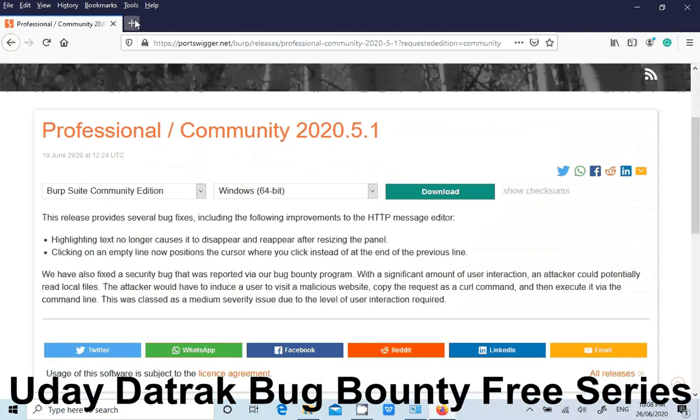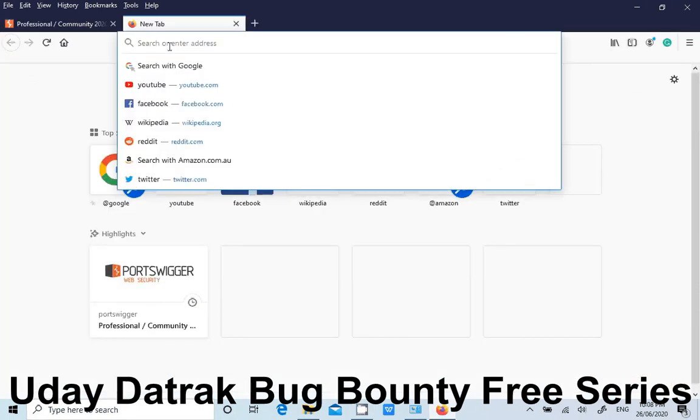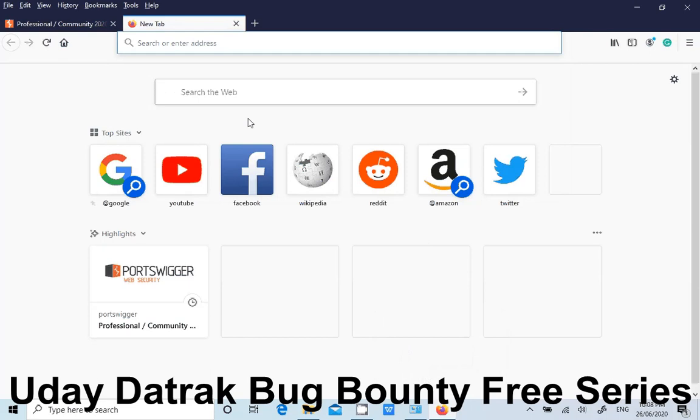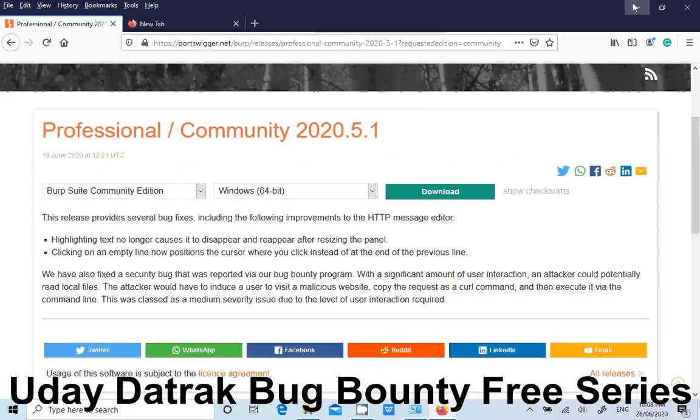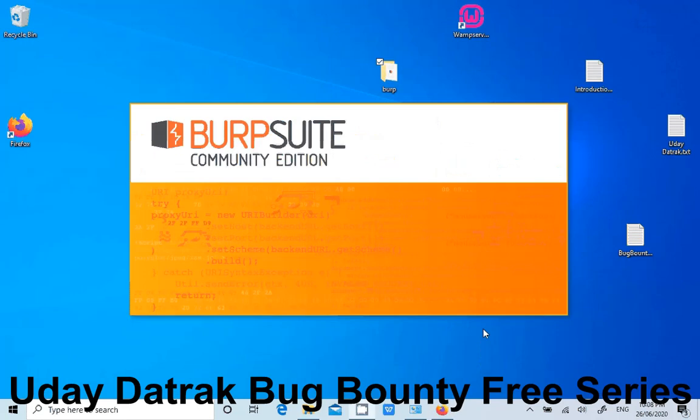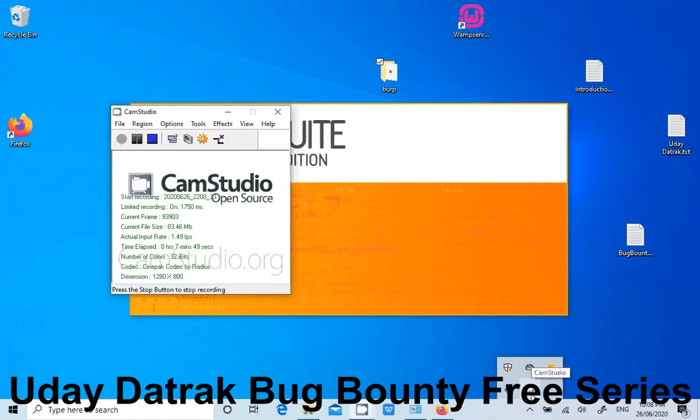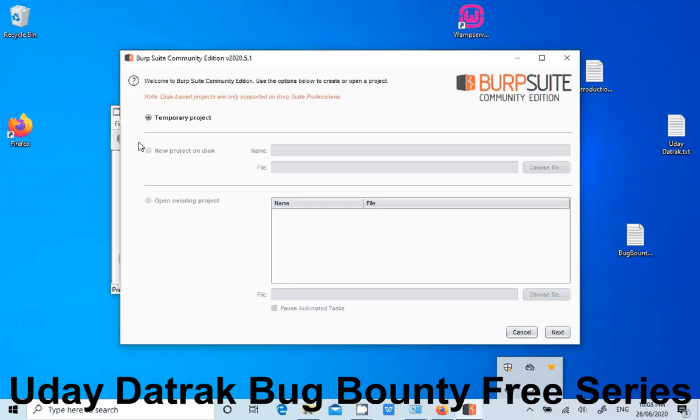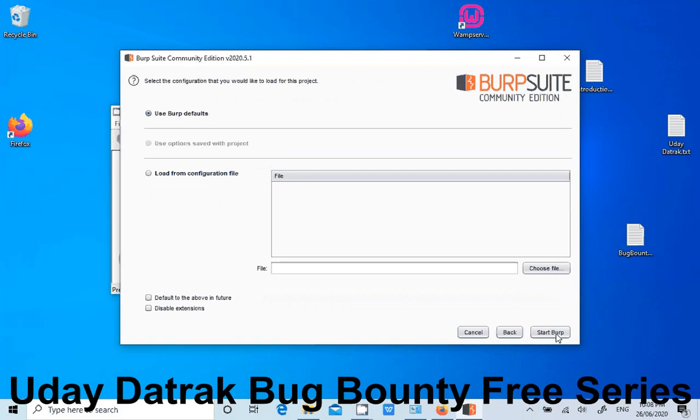As soon as Burp Suite starts, you need to import the Burp Suite certificate into this particular browser. Otherwise, you cannot intercept the requests. Your browser thinks that someone is doing a man-in-the-middle attack. So in order to overcome that, we need to import the Burp Suite CA certificate. Loading. Next, start Burp.